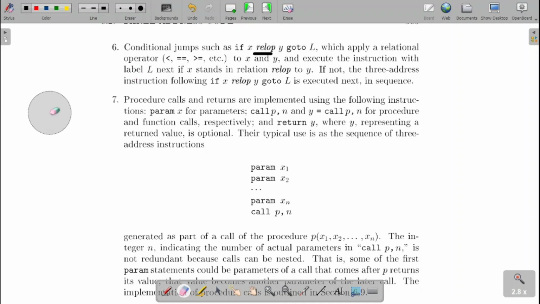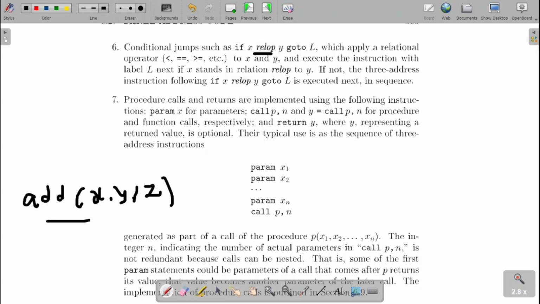In the procedure calls, if you remember how we make the call for the procedure, add x comma y comma z. Now in place of this, the first parameter will be param x, the next one is param y, then the next will be param z.